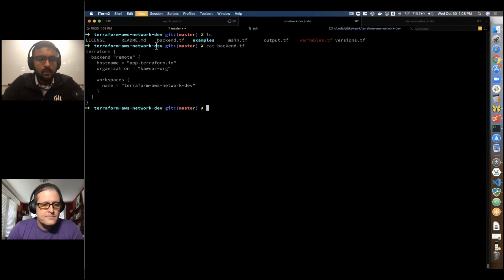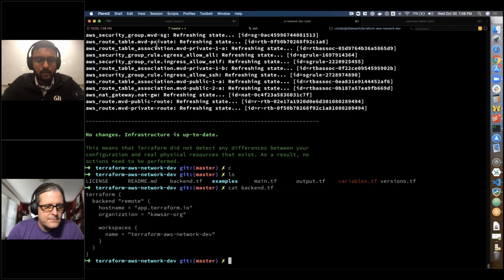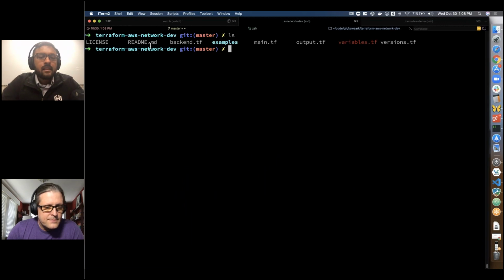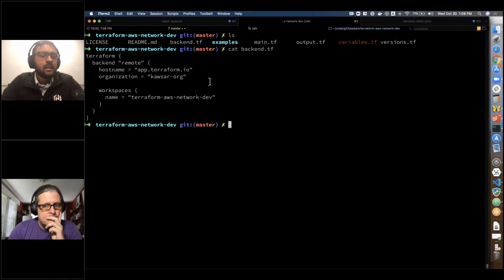I'm actually going to zoom in a little bit, just so it's easier for people to read. So I have a set of Terraform files in this repository. It creates some network infrastructure in AWS, VPCs and subnets and so on. And I have this backend.tf file, right? So if I look at the backend.tf, you'll notice that it has backend remote. A lot of you might be using S3, which is one of the most common backends